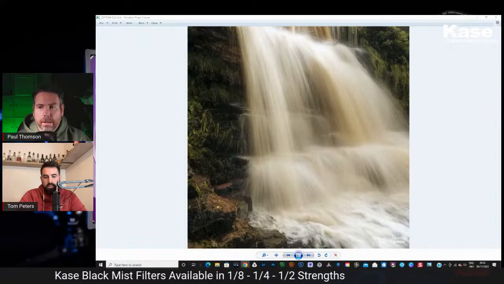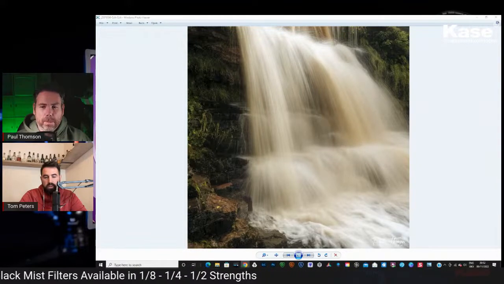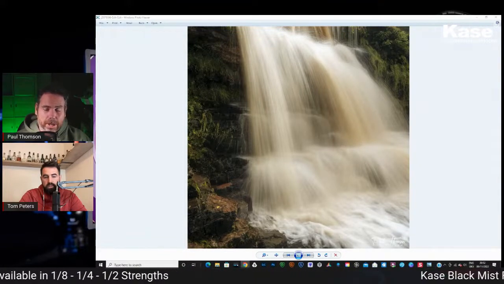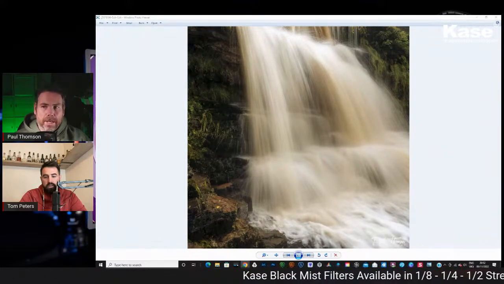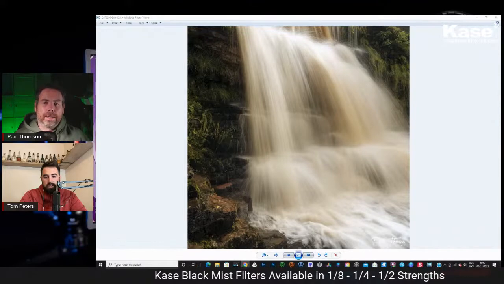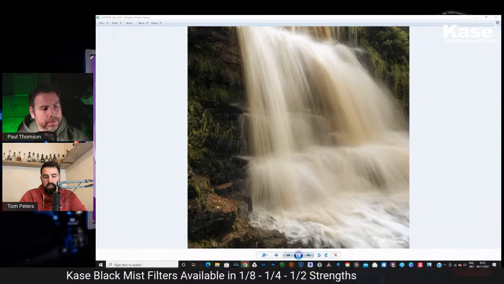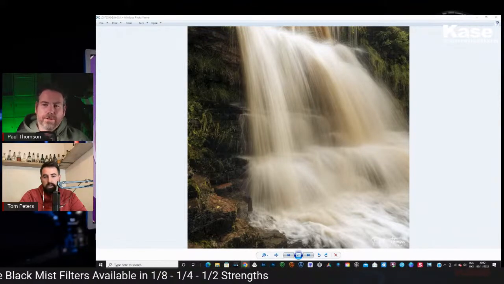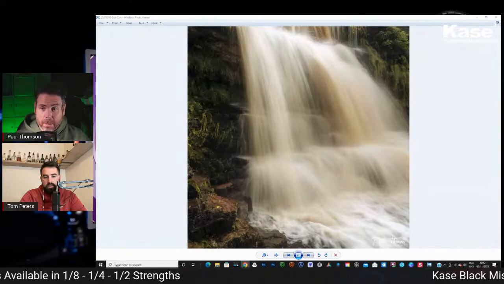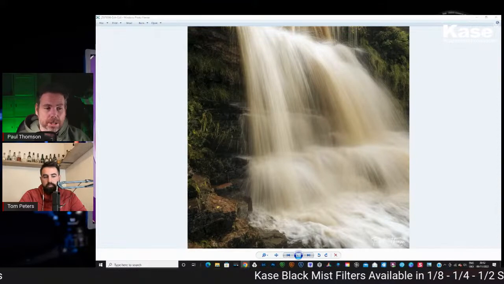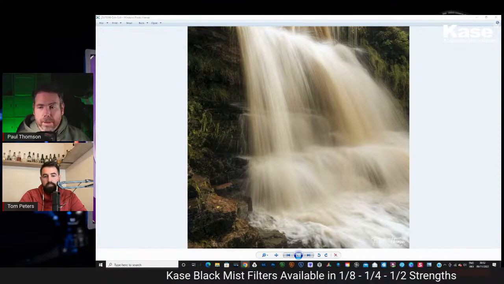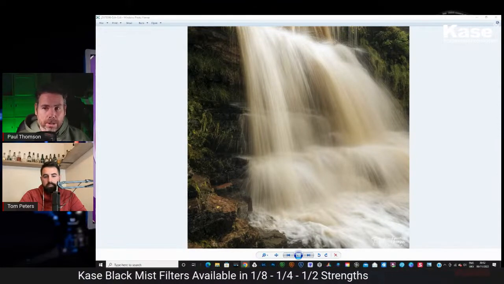It definitely helps. I really like the look it gives, especially to water, and this was the first time I'd tried it with a waterfall. It wasn't an especially bright day, but there was a lot of ambient light from right above. So it was soft light anyway, but you can see what it does for the water. It doesn't take away the texture. There's still plenty of detail and texture left in that water,